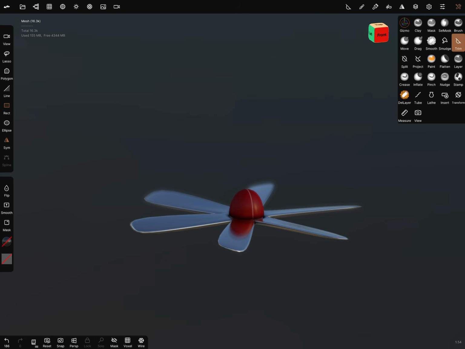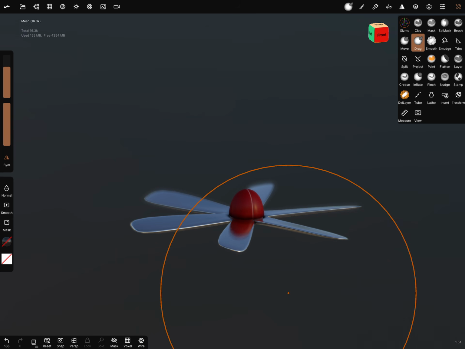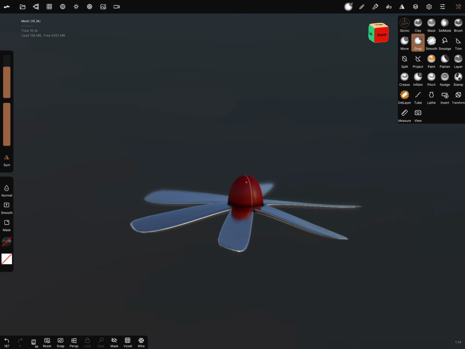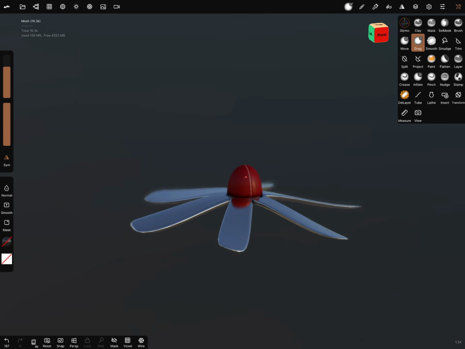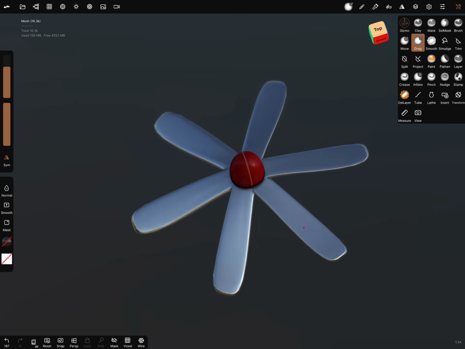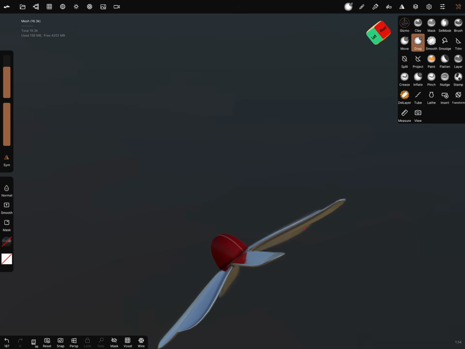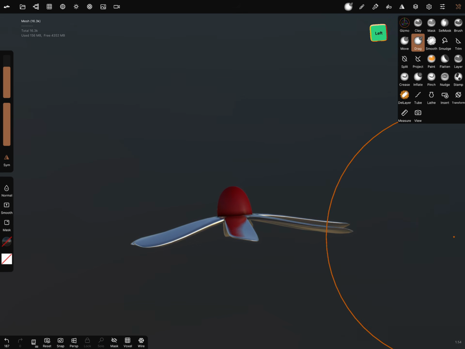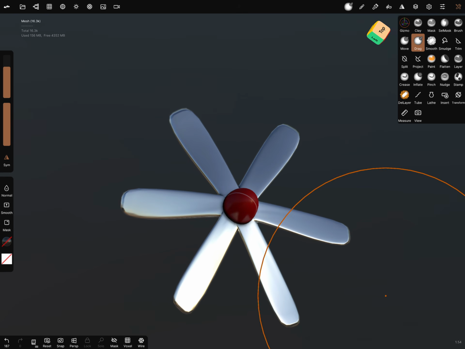I use a drag brush. I think drag brush is better. And adjust it a little bit. It's a crazy thing.